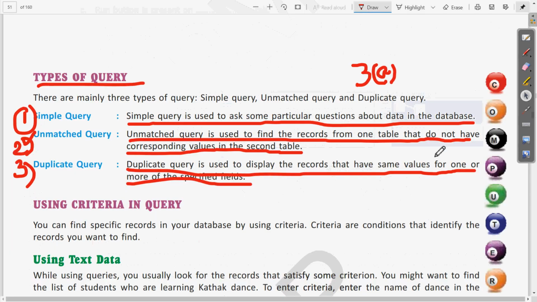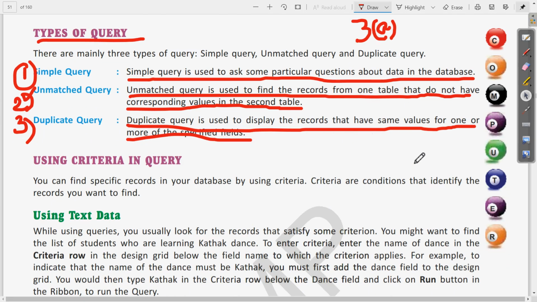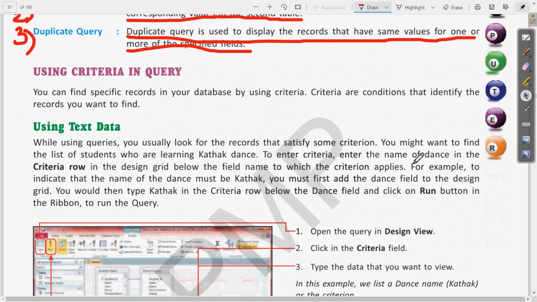If we come to the book once again, here on the same page, on page number 51, you can see the definition. We can find specific records in our database by using criteria.